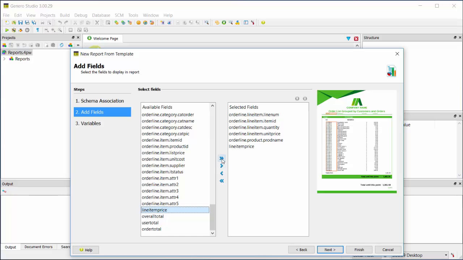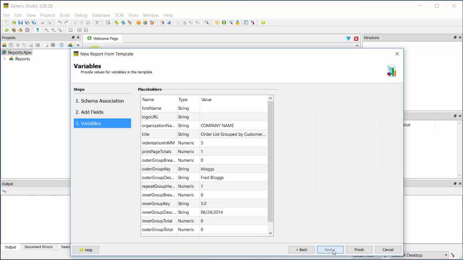Be careful not to click the double arrow icon, as that will move all the fields. If we click on these fields, you can see where they're going to fall in my report. I can highlight an item and use my up and down arrows to relocate it within the list. When I'm done specifying what fields are to appear, I'm ready to continue, and I can click